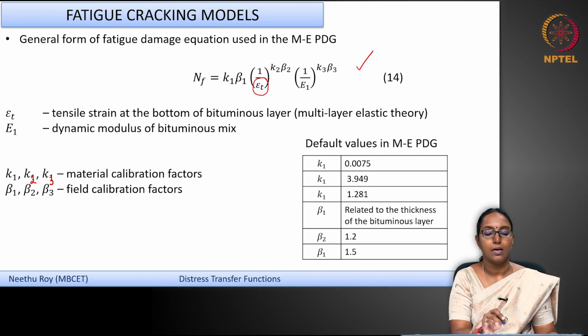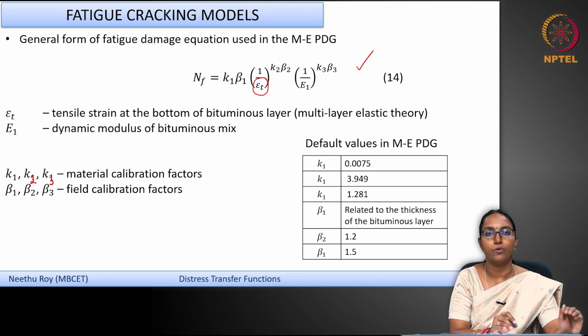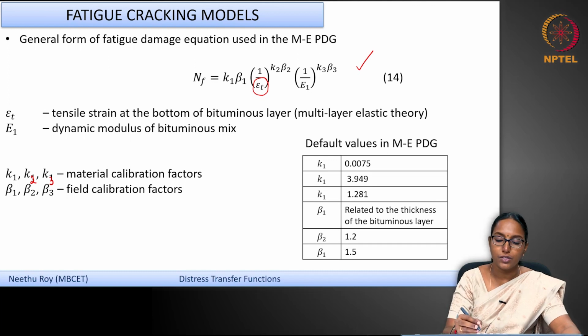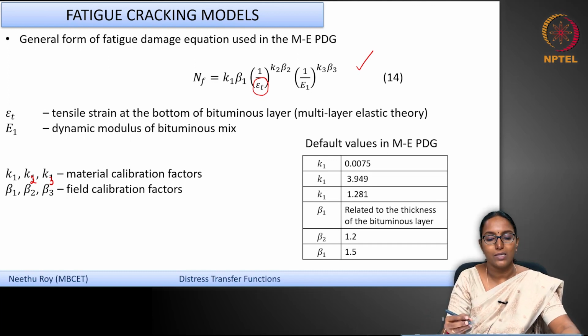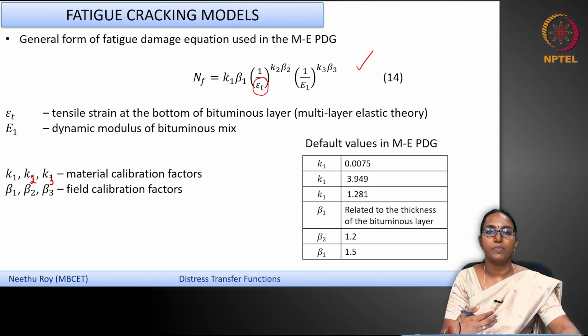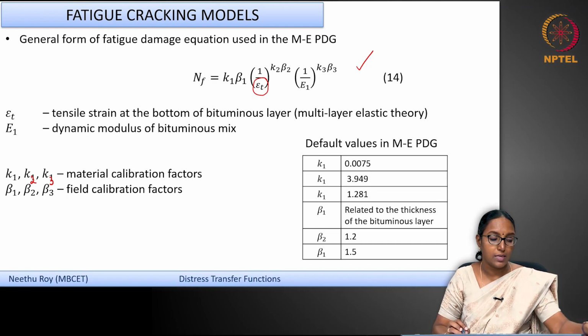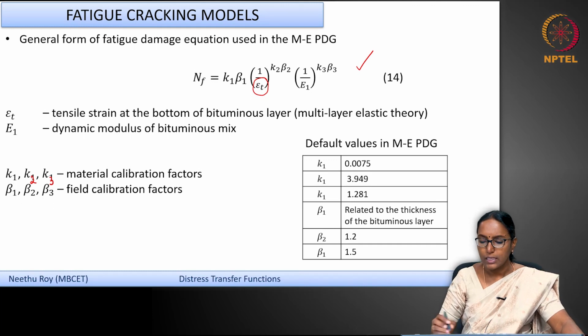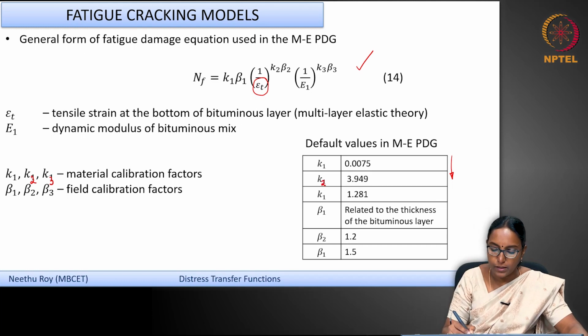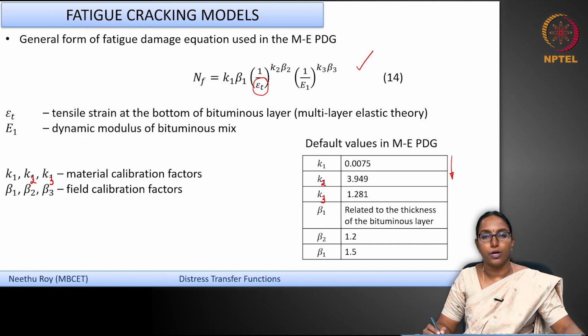So, what you see in this MEPDG model is that there is not just one calibration factor given for field calibration or for transferring from the lab to the field. There is a calibration factor given along with all the coefficients. If somebody wants to use this information, they can use data from a study conducted at that particular location or region to arrive at these fatigue damage equations. And these are some of the default values given in MEPDG. So that is K1 0.0075, K2